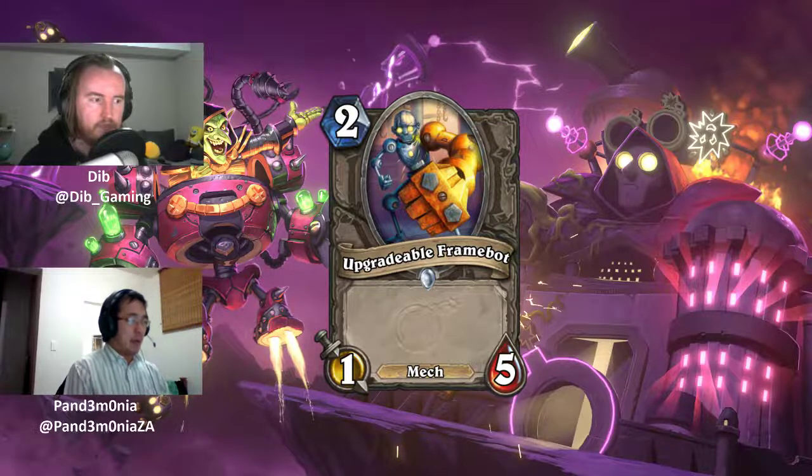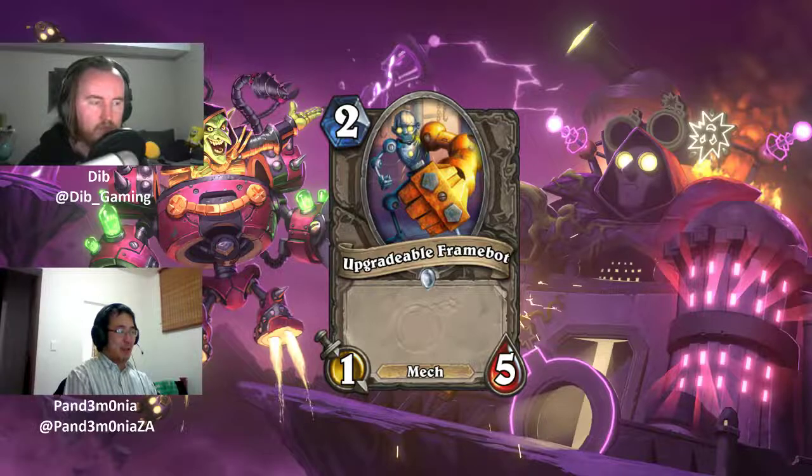But also, Upgradable Framebot potentially has synergies with good old combo priest. Yeah. I'm not sure if it will be a thing, but there is the fact that the higher health pool of 5 means that it is a card that combo priest might want. Yeah, and